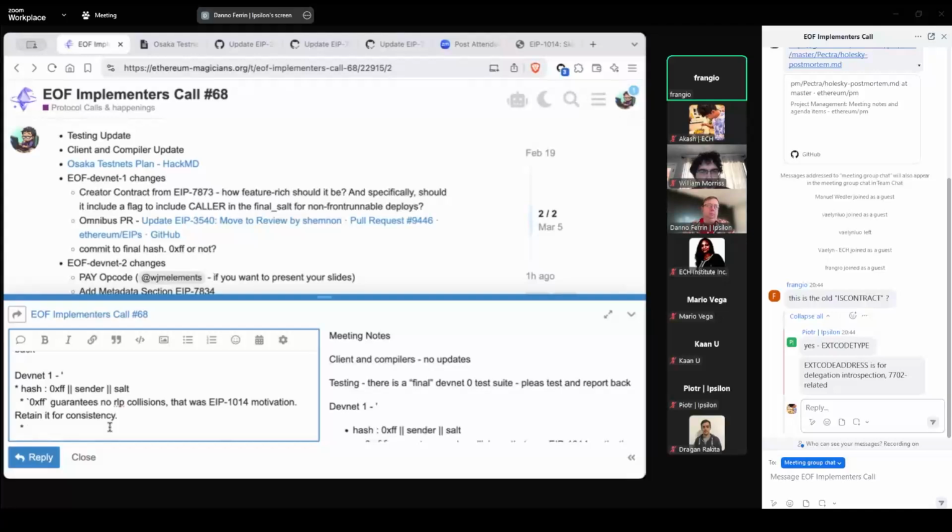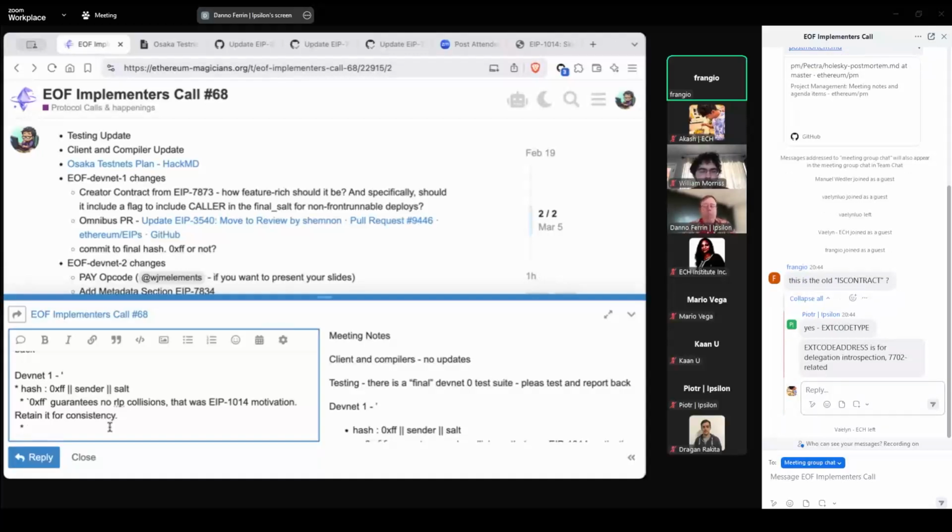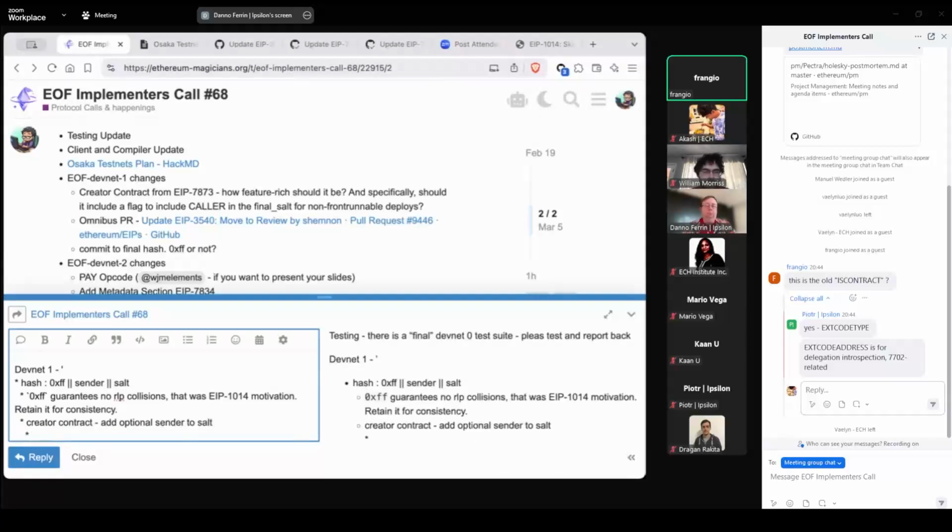Normally you want the message sender to somehow be significant to prevent front-running attacks. But at the same time, we also want the address to be independent of the caller whenever that's fine.